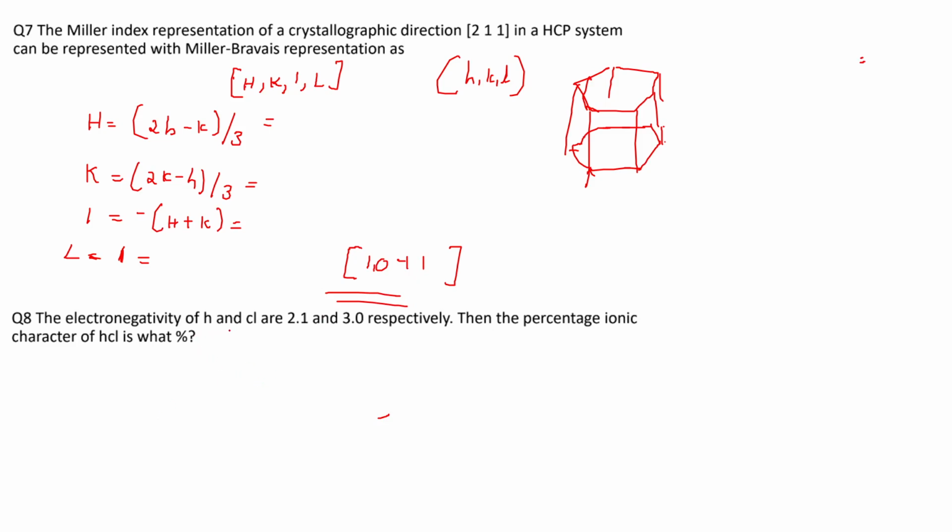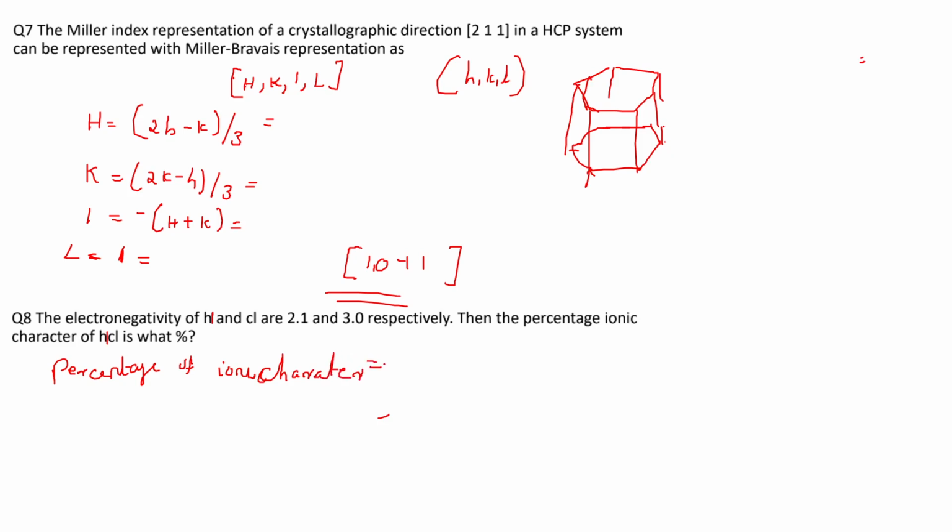The electronegativity of hydrogen and chlorine are 2.1 and 3.0 respectively. Then the percentage ionic character of HCl is what percentage? So you have to find the HCl percentage ionic character. Normally, using the electronegativity value, the percentage of ionic character could be calculated by one formula. So percentage of ionic character,